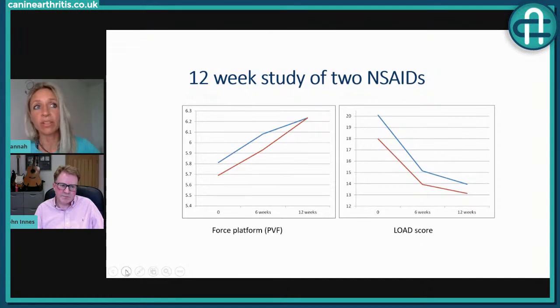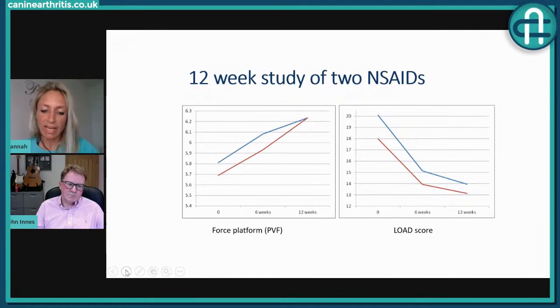guys, is this, because being a first opinion vet, knowing that you want to put the dog in front of you on a long-term non-steroidal trial, you've got the owner to contend with regards maybe price point, with the fear of adverse events. And there can be a tendency as a first opinion vet to be swayed to giving shorter prescriptions for fear of owners' response, attitude, etc.